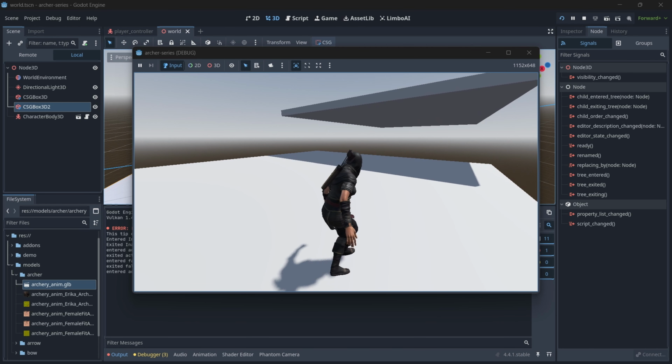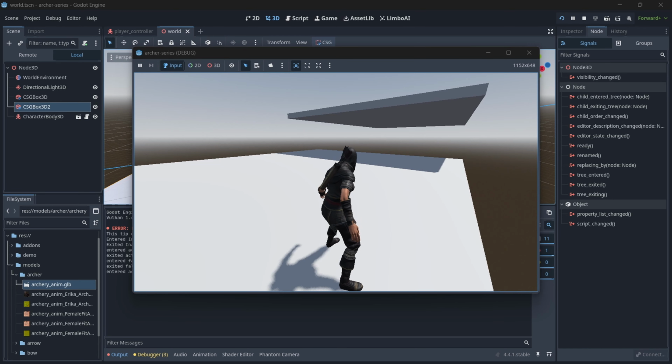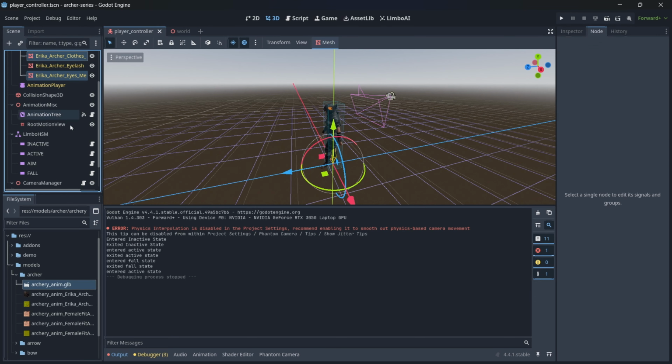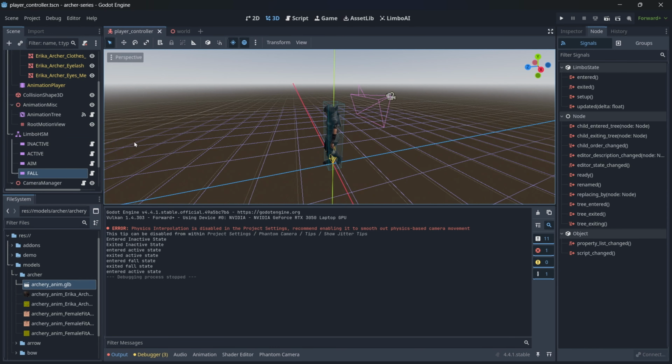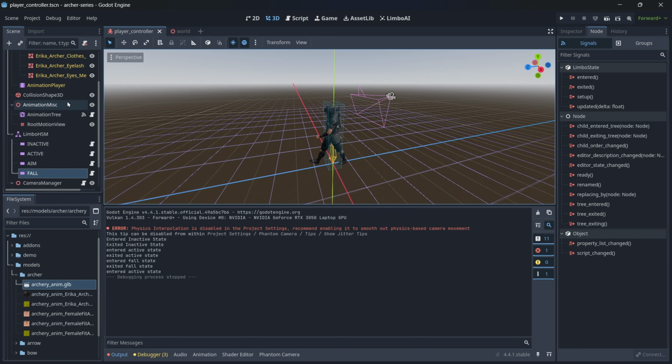And what is that? Well, basically the player dodges and then he goes to this fall state, and then once again he goes from fall to active. The dodge animation resumes, so we don't want that. Whenever we change our state to fall, we need to stop all the one shots that we're currently playing, because